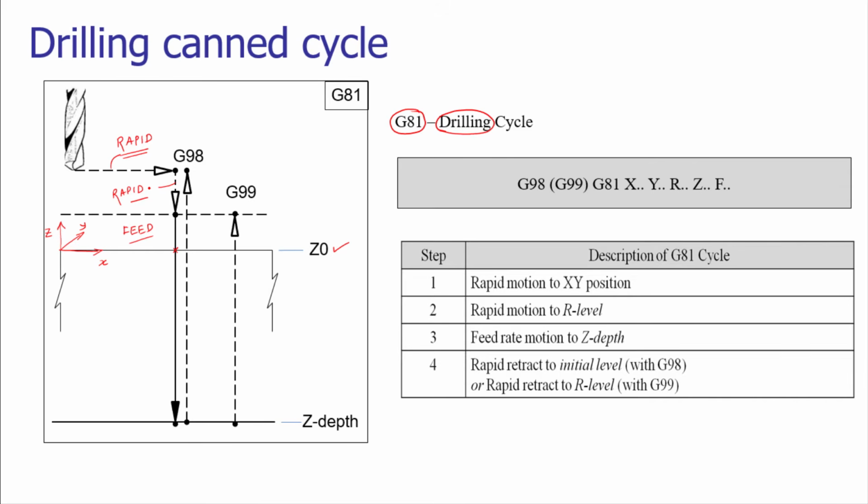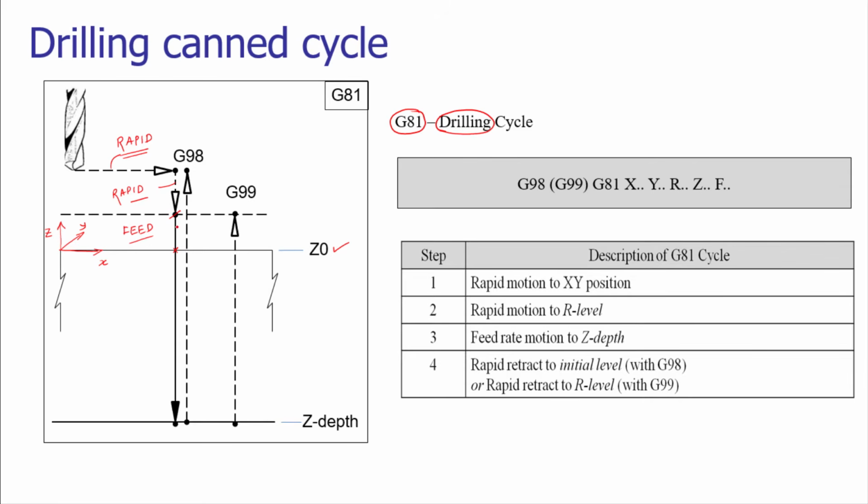Let us consider there are 100 holes to be drilled, and the distance from the tool tip in the safe plane to the work part is a considerable distance. If we can save around 2 or 3 seconds to approach the work part, the 100 holes will save that much time. We are trying to utilize the rapid mode as much as possible, but at a certain point we have to stop, we have to change the rapid mode to the feed mode.